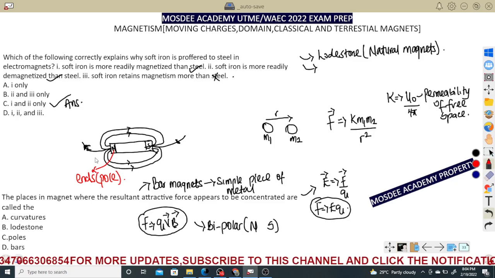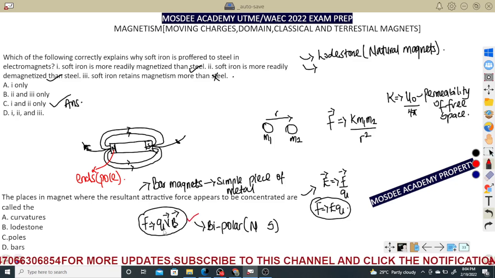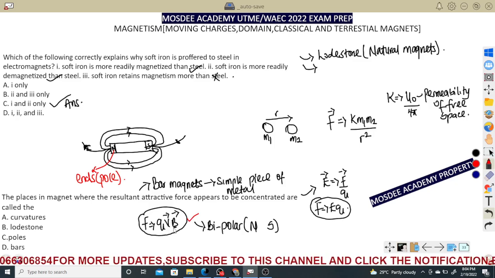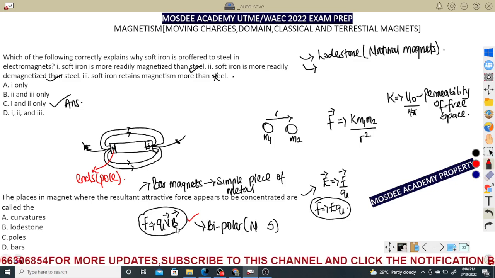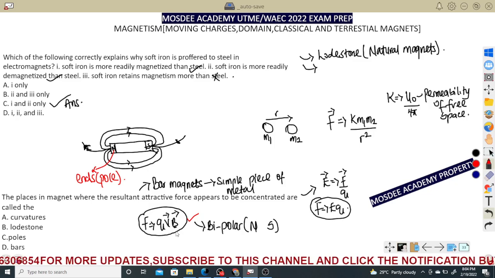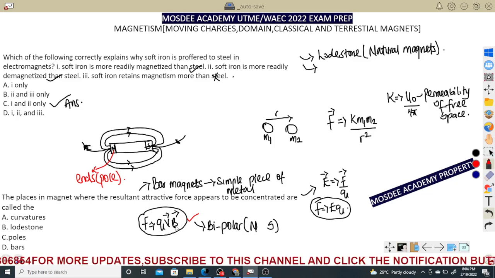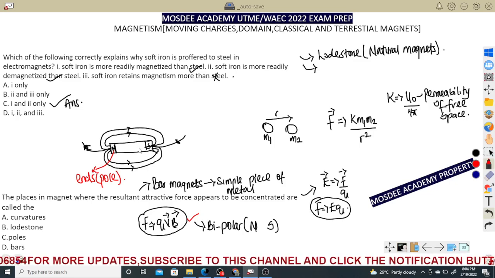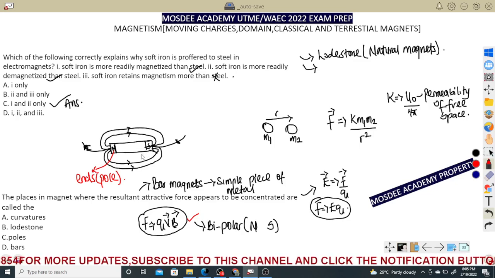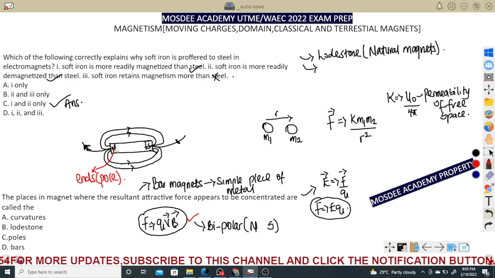When you talk about where the concentration of forces lies, like we said, the force on a magnet is given by QVB, where V and B form a cross product, which we are still going to discuss under the magnetic effect of current, or a wire carrying current in a magnetic field. For now, just keep all this in mind because they are very important. The lines can never meet. They are used to represent the magnetic field. They travel from north to south. Please note that. They don't travel from